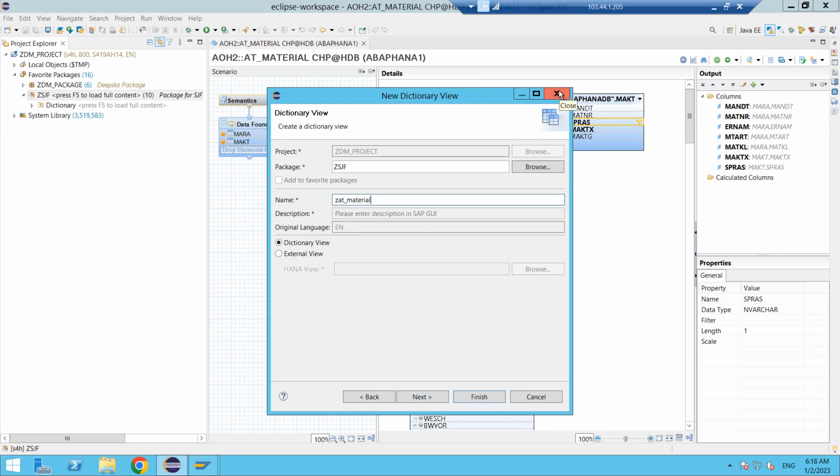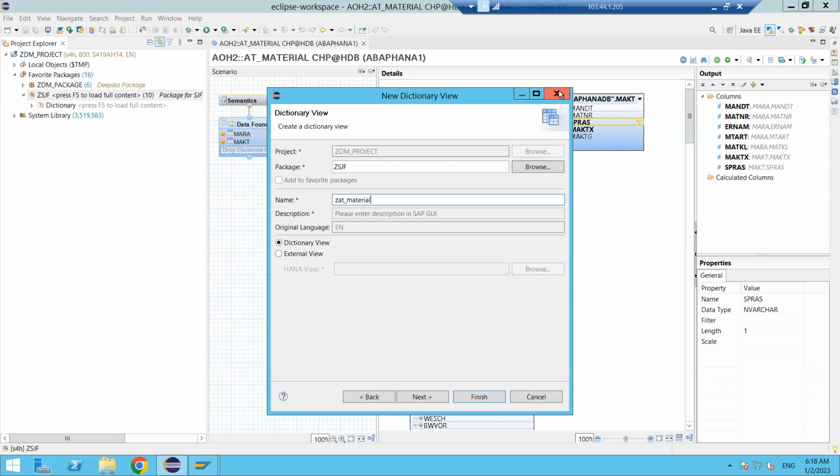Okay, and if we click on the next button, it will ask the type of the view: projection, database, help view, maintenance view, like that. But now I don't want to create that type of view. I want to create one external view here. External view means